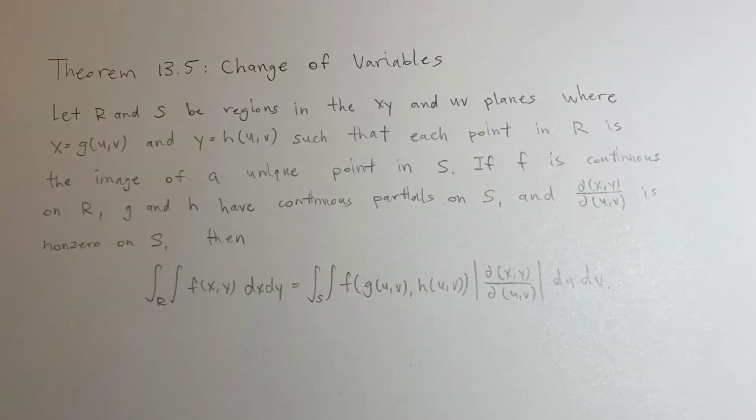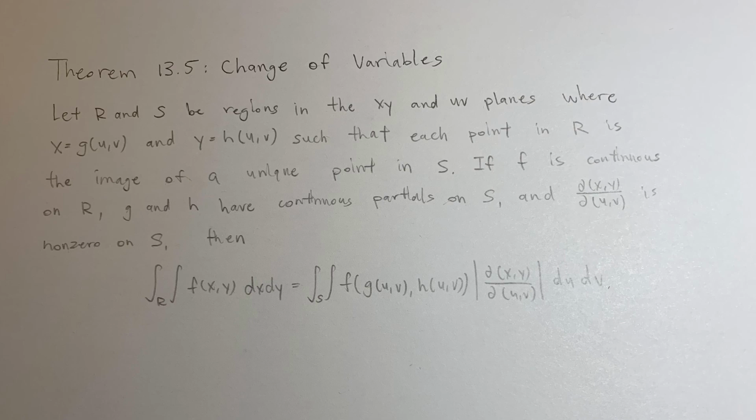And now we'll go over the main theorem of this chapter, which is theorem 13.5, change of variables. So let R and S be regions in the xy and uv planes, where x is a function g of u and v, and y is a function h of u and v, such that each point in R is the image of a unique point in S. If f is a continuous function on R, g and h have continuous partial derivatives on S, and the Jacobian, partial (x,y) over partial (u,v), is non-zero on S,